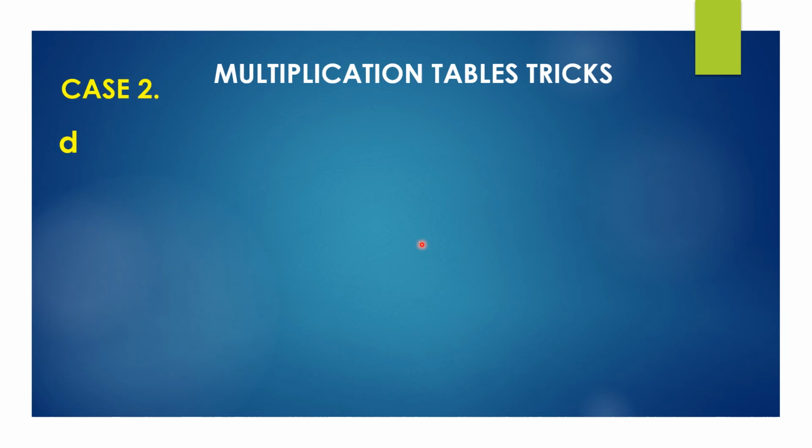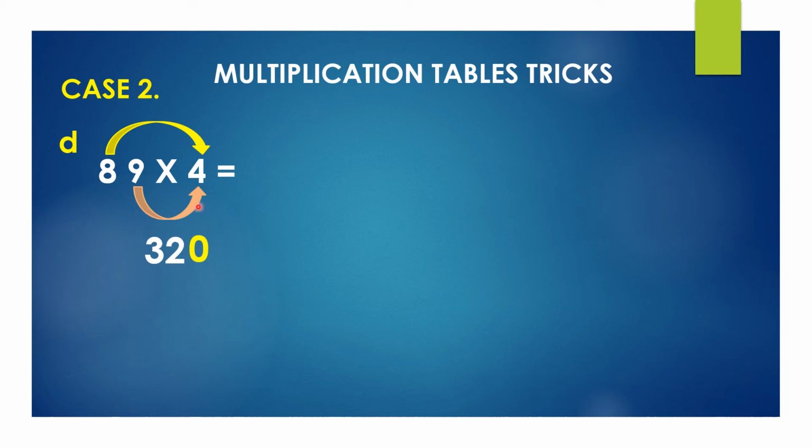Let's check with one more example. Like this, you can multiply till 100, whatever the digits may be. 89 into 4. You observe we are multiplying with a single digit number. So first step, 8 into 4, it is 32. So just beside 32, write it as 0. Now you multiply 9 into 4, 9 4s are 36. You add these two numbers, 320 plus 36. What will be the answer? It is 356. So the product of 89 into 4 is 356.